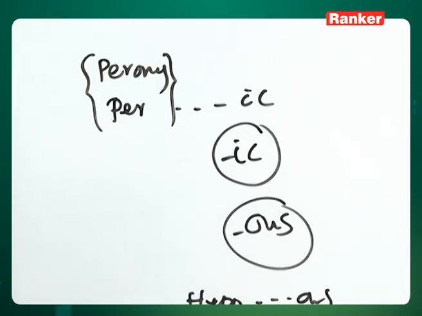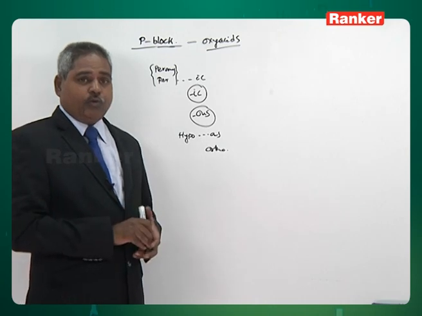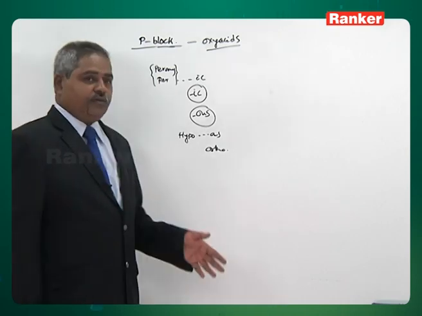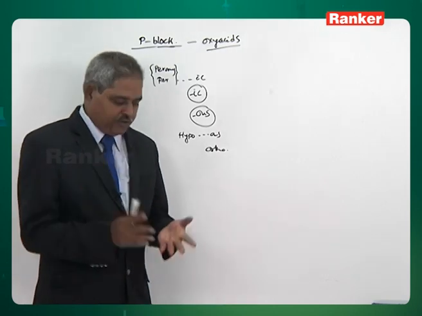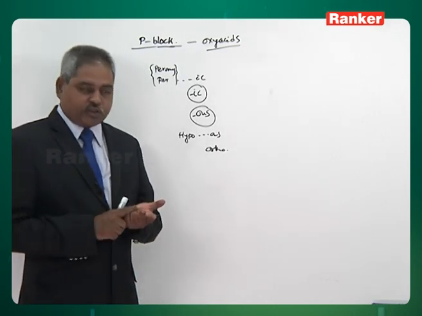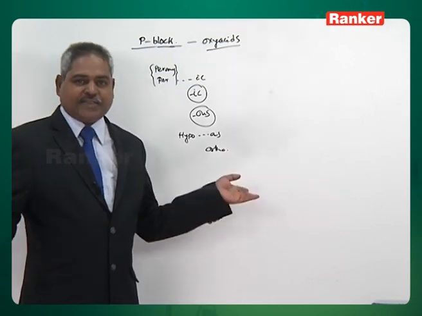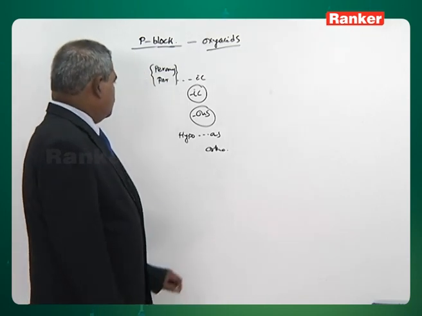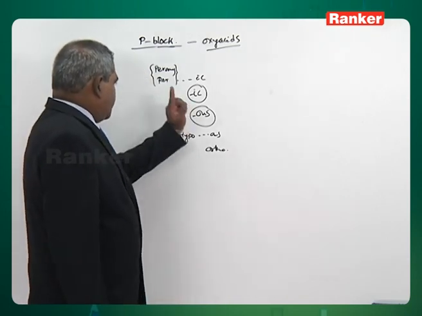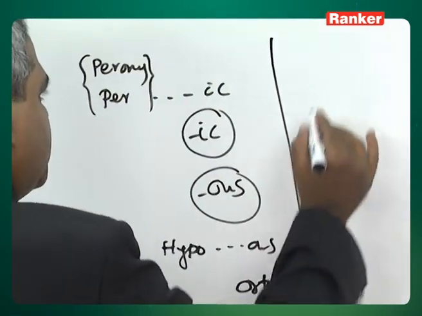We are discussing prefixes and suffixes. You will be surprised. By learning what that prefix suffix means, we can learn the name. Once you know the name, you can do miracles. You can draw the structure. You can find the oxidation state. You can find the number of OH groups, which is called basicity. It's nothing but basicity. So, ortho. Next prefix is